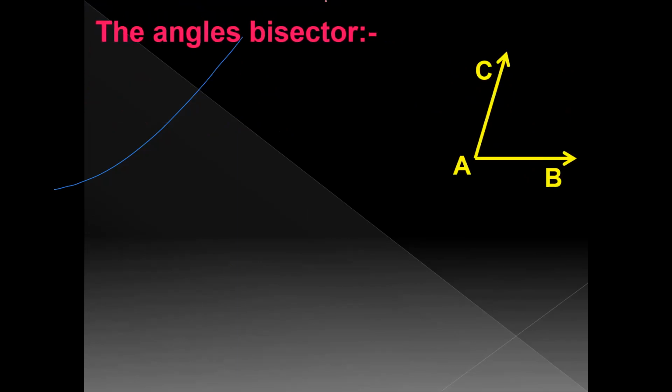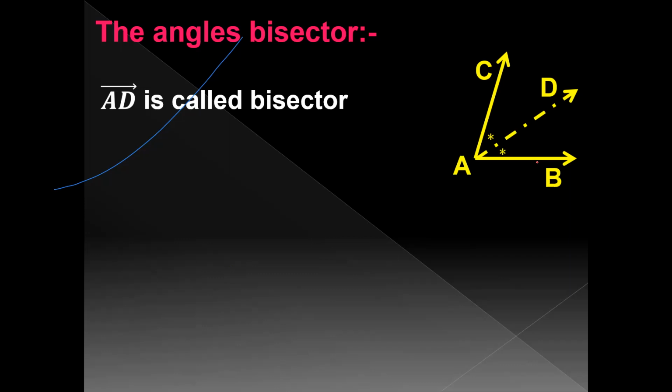The angle bisector. The last part in our session is the bisector of the angle. What's the meaning of the bisector of the angle? The bisector is a ray which divides the angle into two equal halves or two equal parts. If we have angle CAB and the ray AD bisects the angle into two equal parts, or into two equal halves,